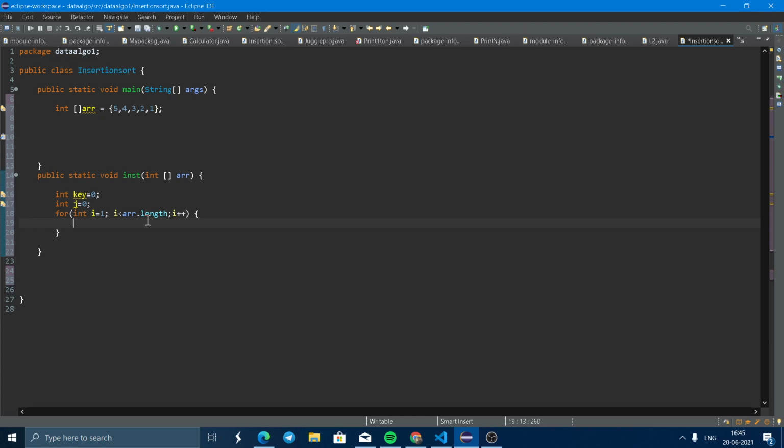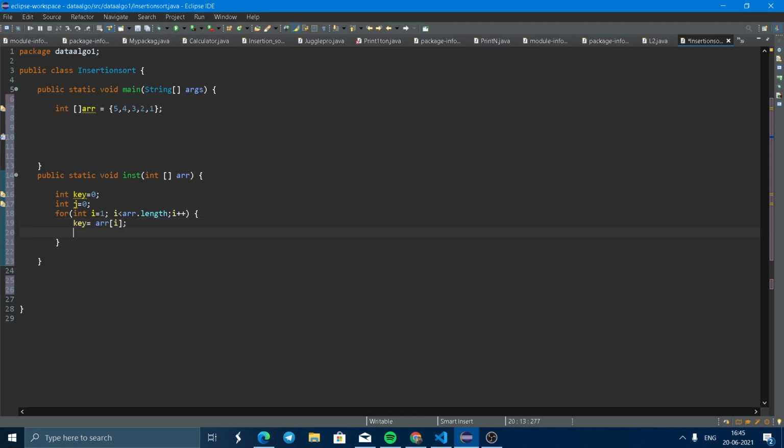Now key equal to array i. What does this mean? Array i means index 1, and the value at index 1 is 4, so the key will store 4.